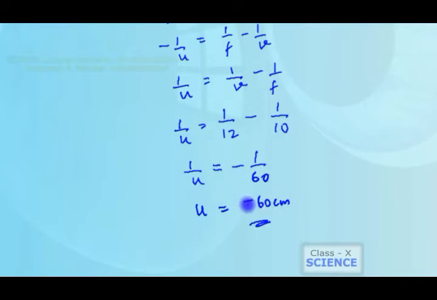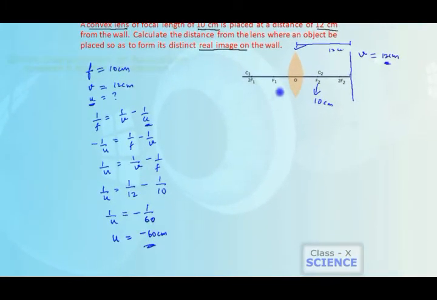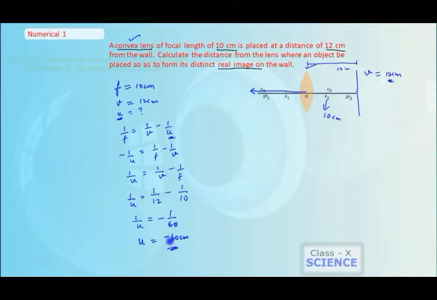Here minus indicates that the object is kept on the left hand side. We know that any calculation from optical center to left hand side, if we move, then its value will be minus. The u is always negative. By solving this, if you get a positive sign, then your answer is wrong. You have committed some mistake during some of the steps. So always keep in mind that the value of u must be negative. This is a very simple numerical problem. This can be solved in 1 or 2 steps by knowing the lens formula. Hope you understood the first numerical problem.